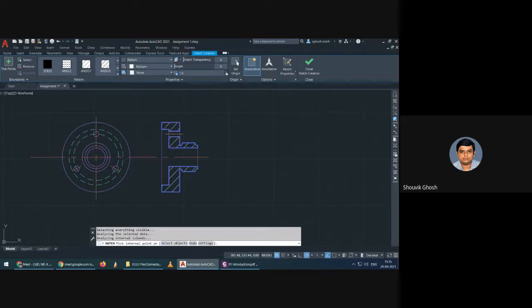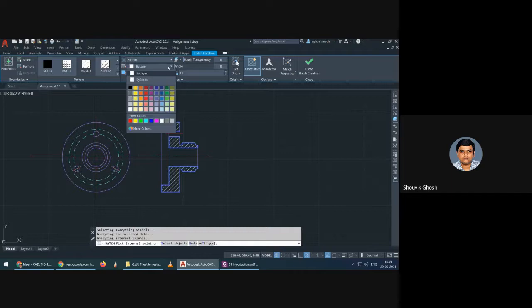If you want to increase, you see the gap of the line is increasing. If you want to decrease, the gap of the line will decrease. More condensed lines you can see. If you want to change the angle, the angle is over here. Whatever angle you want, you can change it. So that is how it is done.